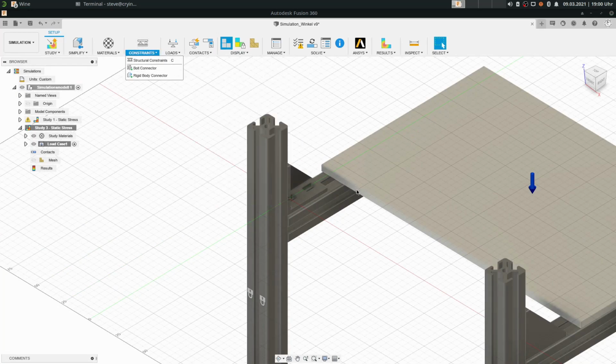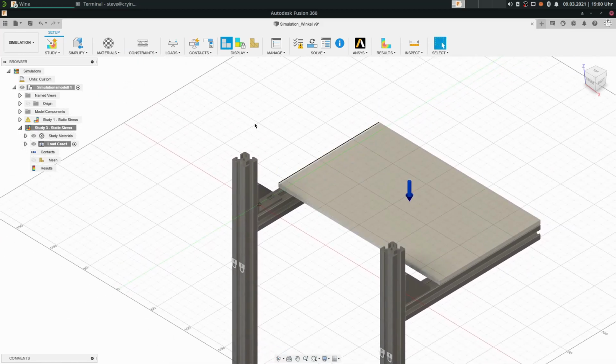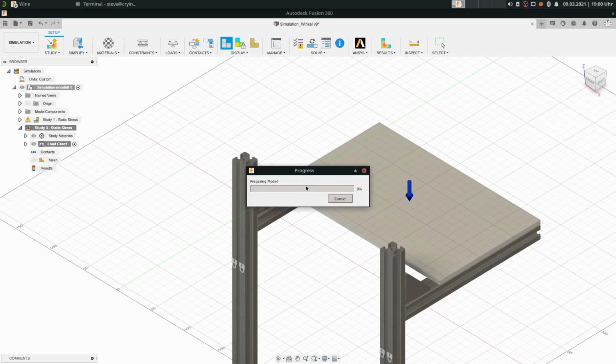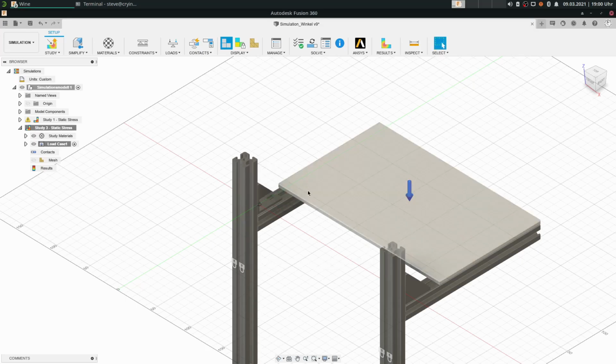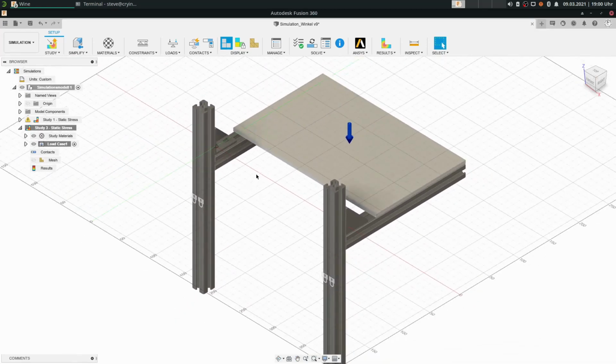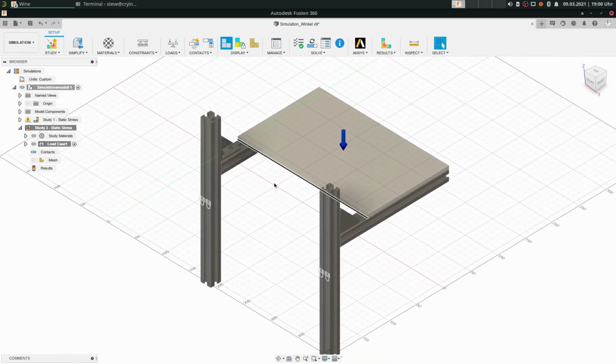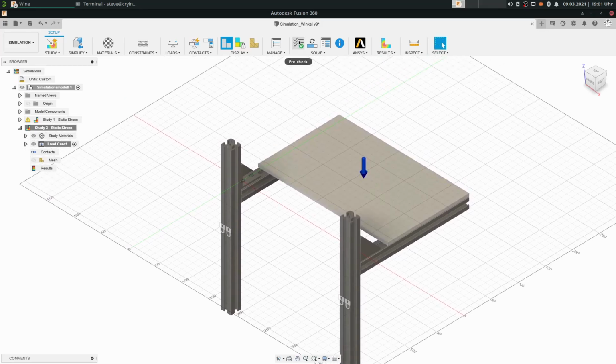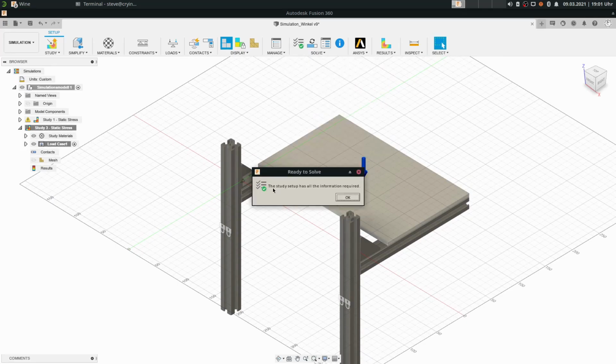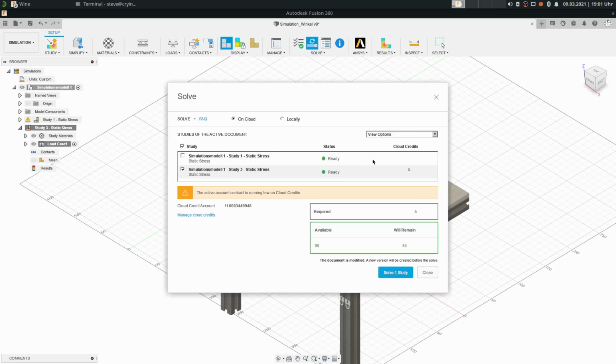So we click here on automatic contacts, generate, and so we combine all these objects to one, and now we can make a pre-check. And we can see now the study setup has all the information required, ready to solve. Okay. We click on solve, and now we have the